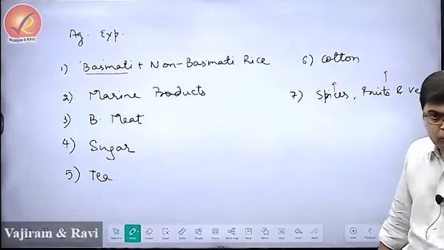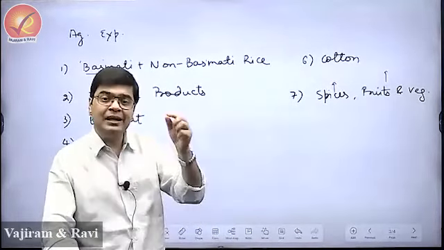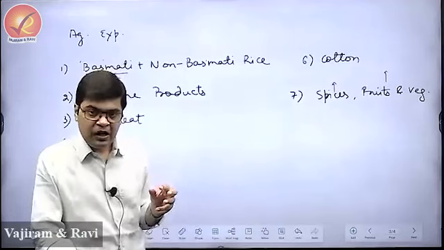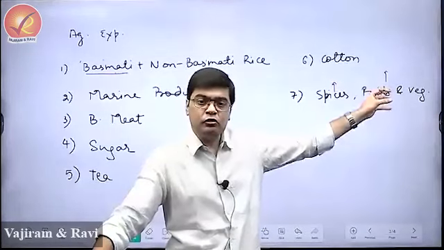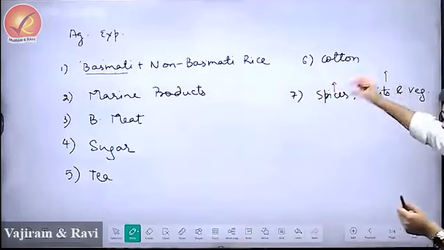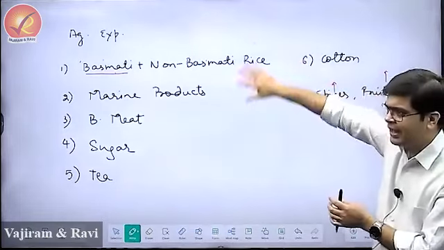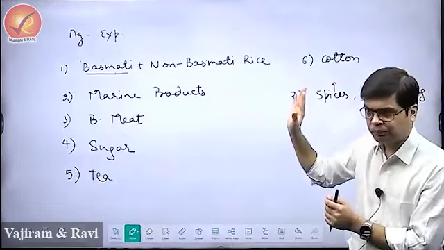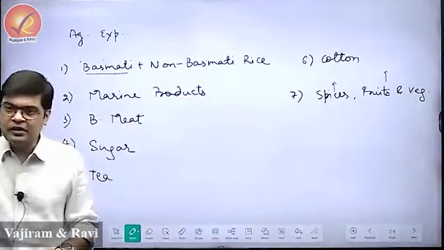For example, we export a good amount of chili, but we import a good amount of green cardamom. We export a good amount of mangoes, but we import a good number of exotic fruits as well. So when you look at the difference between exports and imports, it is quite less. So normally these are the major agriculture export items from India. Then, are we importing agri commodities into the country?